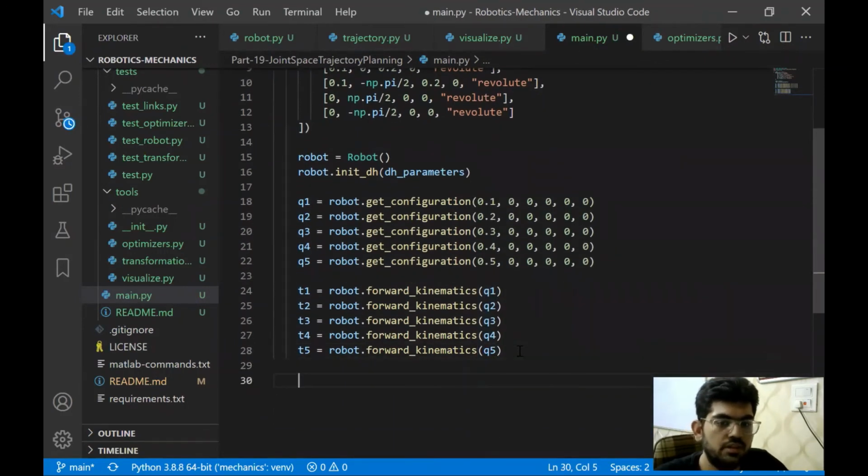Okay, now these are computed. Now we are going to sub-sample them. The position, we're going to get the position subarray out of these 5.